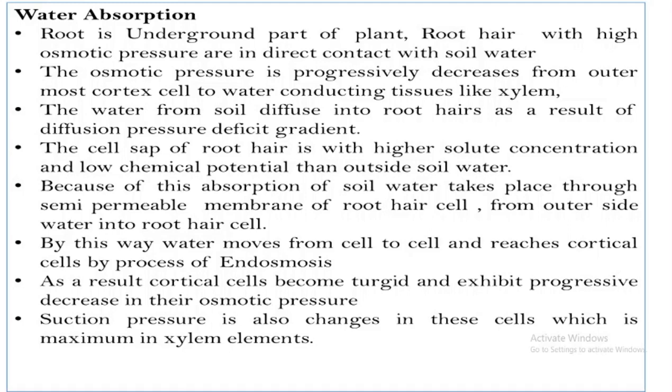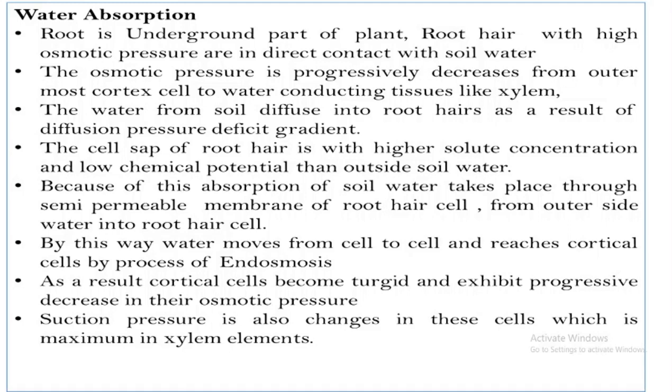The water from soil diffuses into the root hair as a result of the diffusion pressure gradient. The cell sap of the root hair has higher solute concentration and lower chemical potential than the outside soil water. Because of this, absorption of soil water takes place through the semi-permeable membrane of the root hair cell from outside water